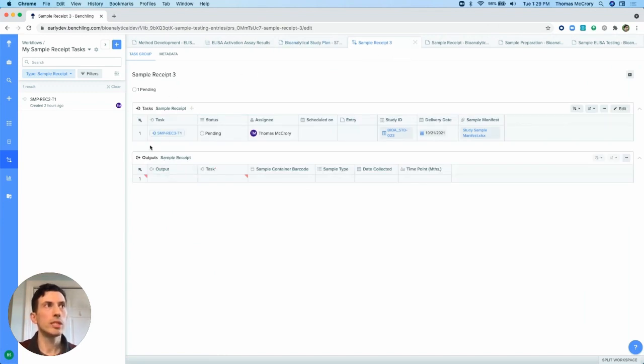All right. So you see here that this has now been represented as a task or an input, and also the output or deliverable of that, which is going to be the actual sample barcodes. Before that, though, this is the view that I would take. So as the fact that I've just been assigned this,